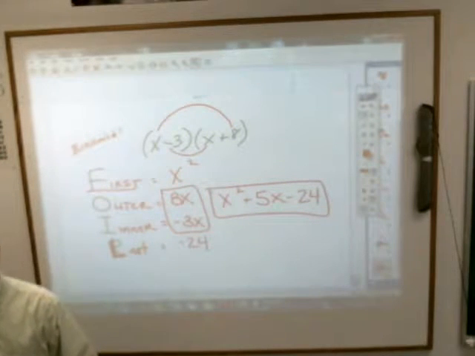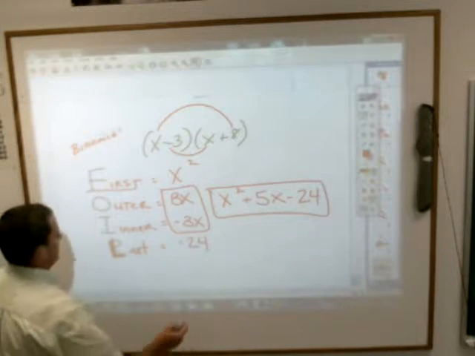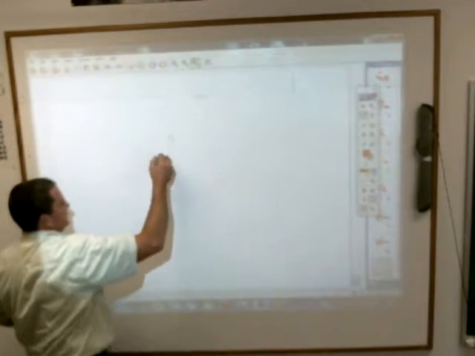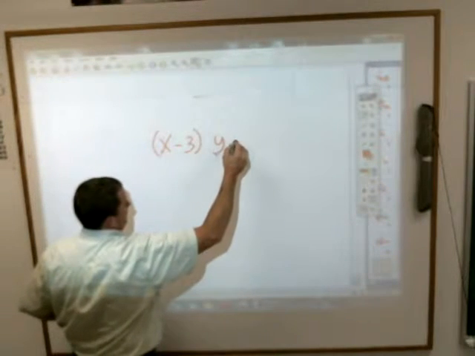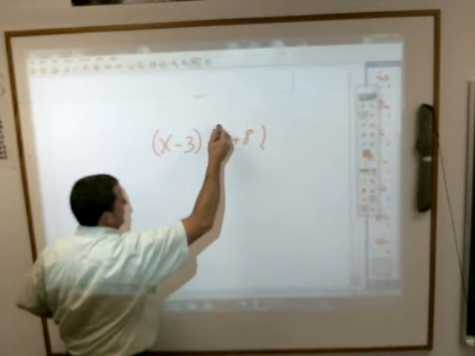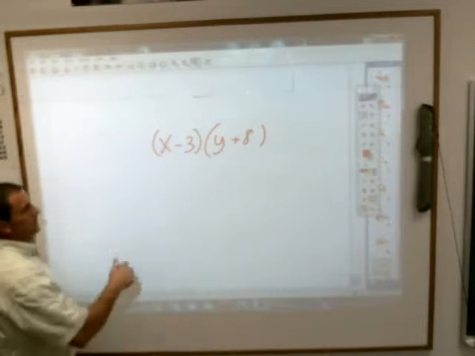So like you had x minus 3 times y plus 8. Okay, and Lauren brings up really probably the next thing we should talk about, x minus 3 times y plus 8. You can still do it the same way. The thing is, nothing's going to combine. You're going to end up with 4 terms at that one. It's still the same thing. FOIL,